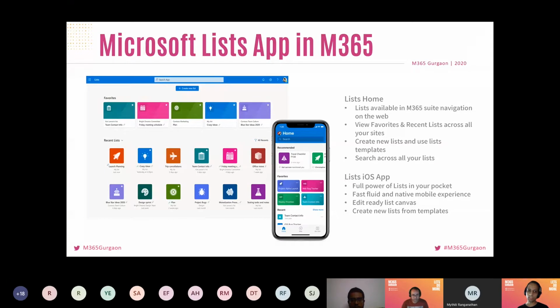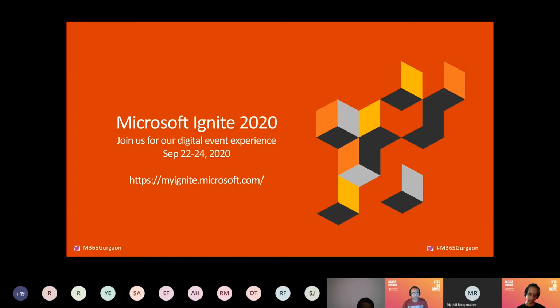So it becomes a one-stop shop to access all your lists, and it will be easily accessible through your suite nav that you see on the top left in any M365 app portal, right? We'll discuss more as we do the demo. It's not meant to be a slideware session. We will jump into demo, but before that.